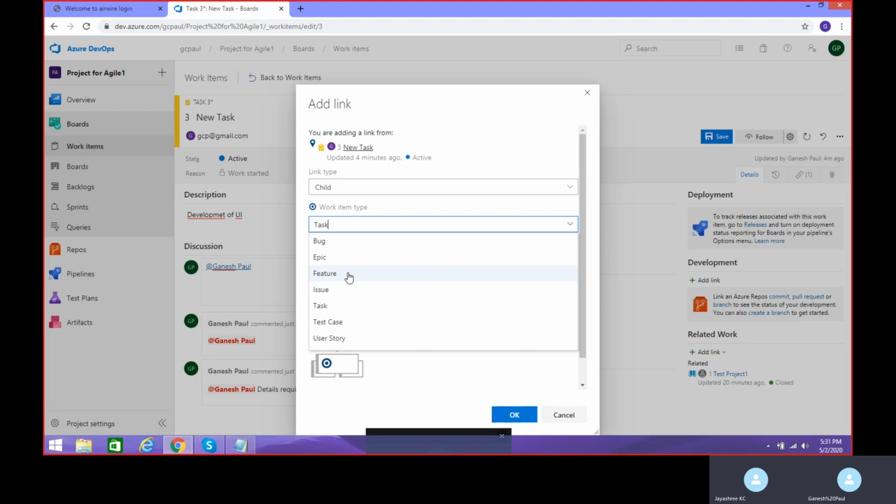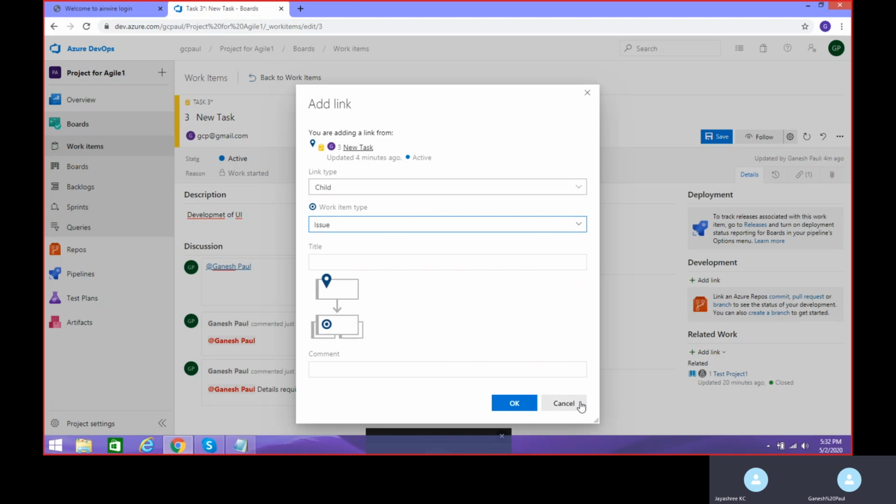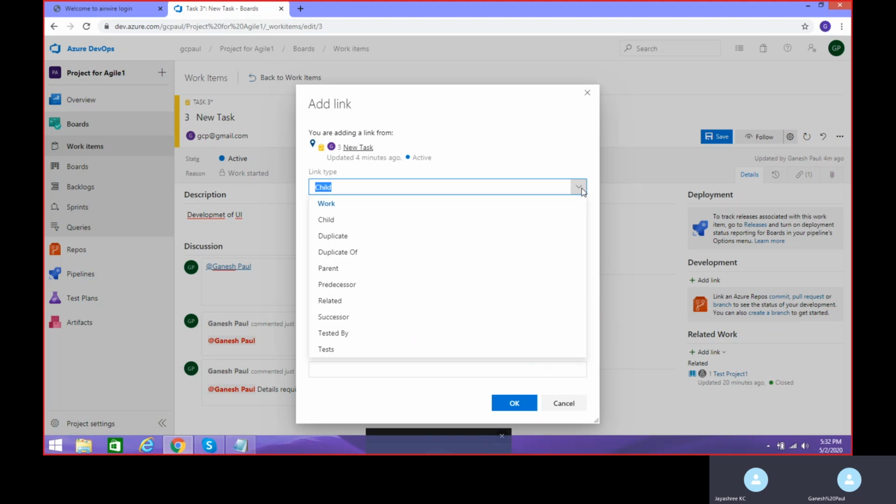Go ahead and have a look at link type. Above, link type is given as child. So these are the possible link types that you can use across the organization: child, duplicate, parent, predecessor, related, successor, and all these link types.